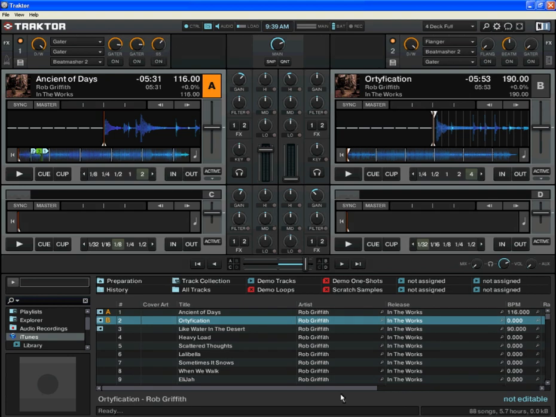To use the strip search function, first locate the Shift button. It's in the Hotkey section below each platter. Hold this Shift button down and then touch the strip search ribbon. You can slide your finger across the ribbon or touch a specific point on the ribbon to bounce to a different point in your track. The reason you need to hold down the Shift button is to help prevent you from inadvertently stopping playback during performance.